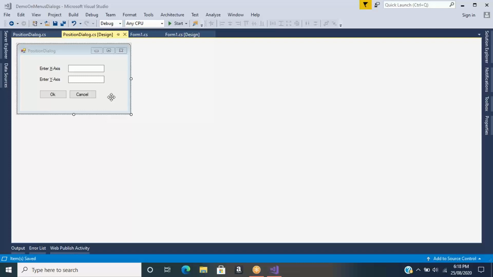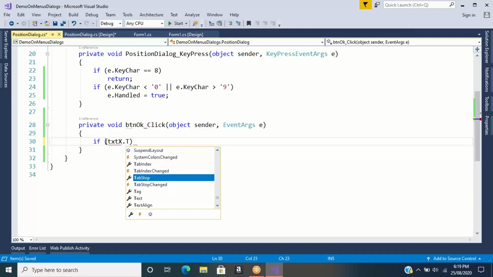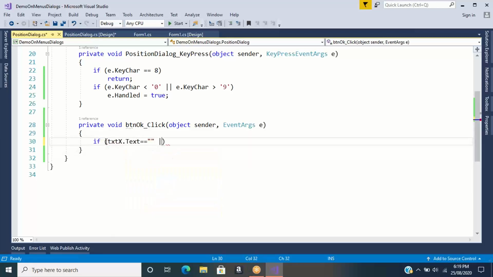Okay. Now what do you want next in these two? What I need is compulsory: there should be data values entered for x and y axis. So for that I'm double clicking on the OK button, and after that writing the logic. If txtx.text equals blank space or txty.text equals blank space,